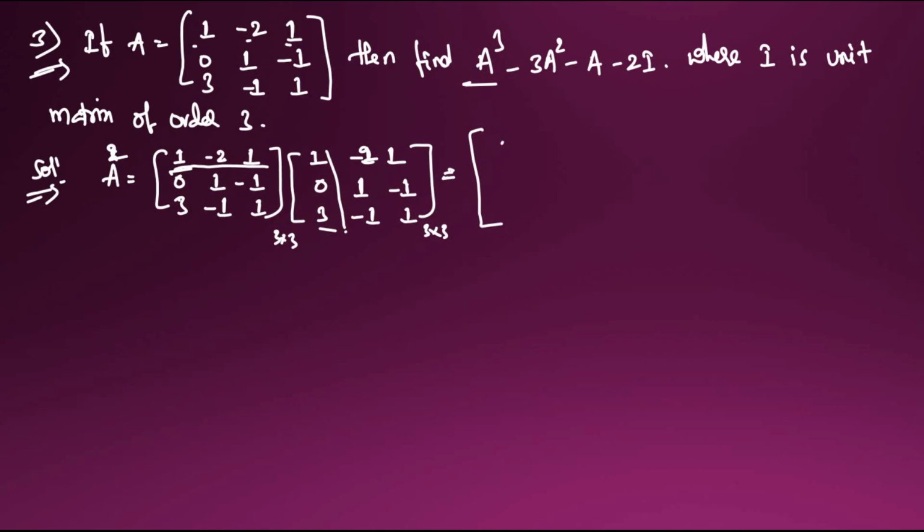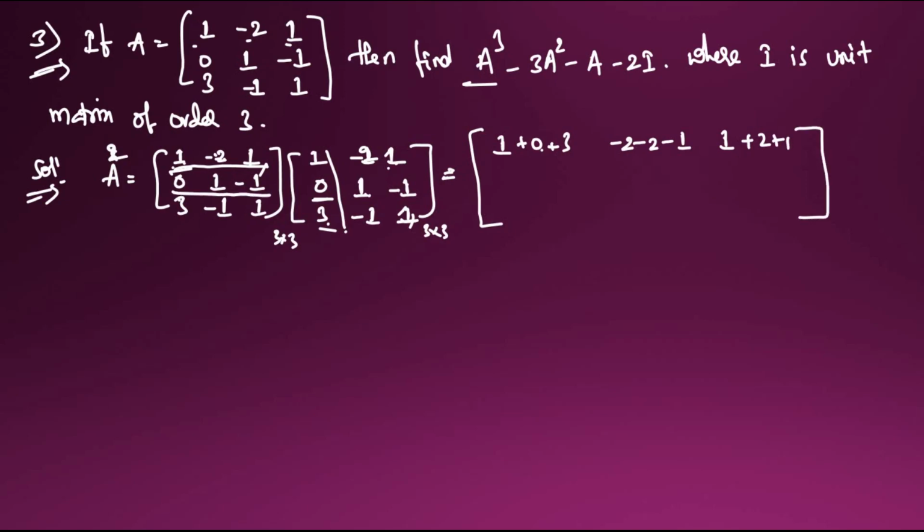So 1 into 1, 1 only. So -2 into 1, so -2 into 0, plus 0. So 1 into 3, plus 3. 1 into 2, and -2, and 2 into 1, -2 will come here, and again 1 into -1 will come here, and 1 into 1, 1. And -2 into -1, plus 2, and here 1 into 1, this is 1 into 1, how much? Plus 1 here. Okay, plus 1.